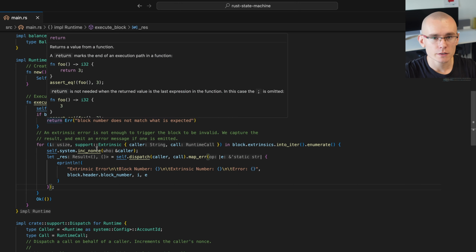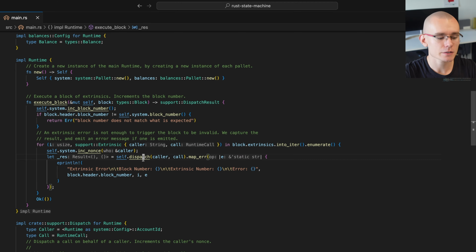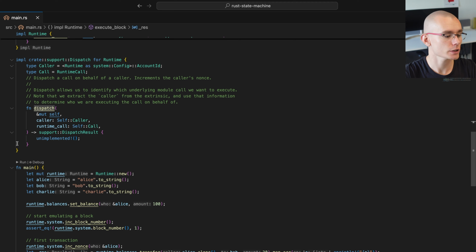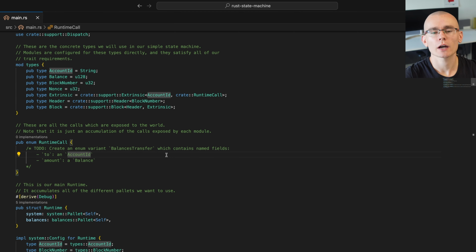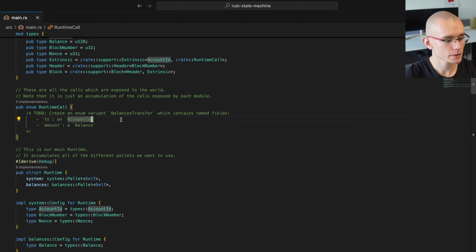We have built out our execute block logic, and it depends on the dispatch logic, which is not yet implemented. Let's change that. The dispatch function is going to take our runtime call and route it to the right palette function. So far, the only user callable function we have created is the transfer function in the balances palette. Your task will be to add the balances transfer variant to the runtime call, which will contain the fields to,